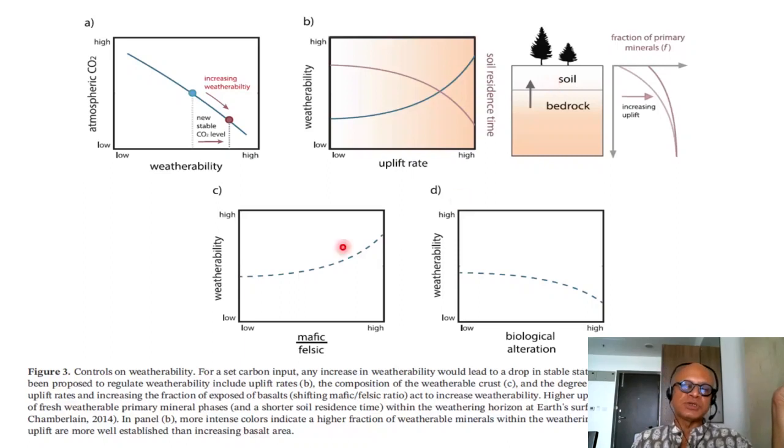surfaces would change. So here this is showing heavy rocks and lighter rocks, so magnesium, iron, mafic rocks and feldspar, aluminum, carbonate, silica type rocks, which are lighter. Their ratio would also determine weatherability rates, the weatherability of the Earth for the same temperature, CO2 levels and precipitation. What would be the weathering rate? That's what we're talking about here. And biological alteration. Weatherability is obviously affected by biology because that's part of the chemical weathering.